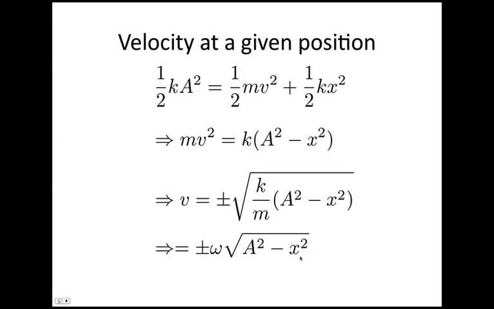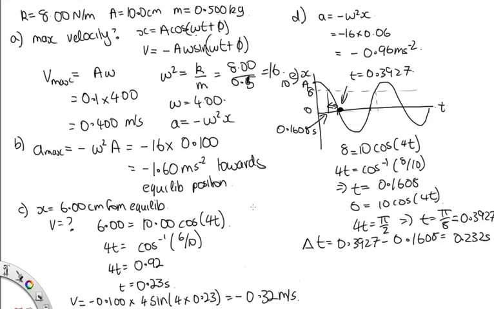Now this actually makes it much easier to solve some problems. Let's just have a quick look at the last problem we solved. Part C here, to work out the velocity, we had to start by working out the time, which was quite tedious. Another way to do it is to use the expression that we've just derived, that the velocity is equal to omega